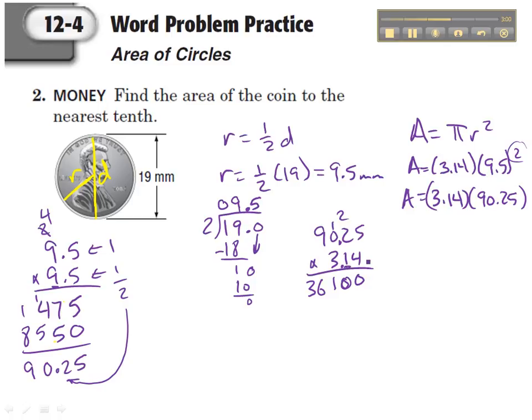And when I'm multiplying by the 1, I'm multiplying by the tens place, so start with a 0. 5 times 1 is 5. 2 times 1 is 2. 0 times 1 is 0. 9 times 1 is 9. When I'm multiplying by the 3, I'm multiplying by the hundreds place, so start with 2 zeros. 5 times 3 is 15, carry the 1. 2 times 3 is 6, plus 1 is 7. 0 times 3 is 0. 9 times 3 is 27. Add all this up and we get